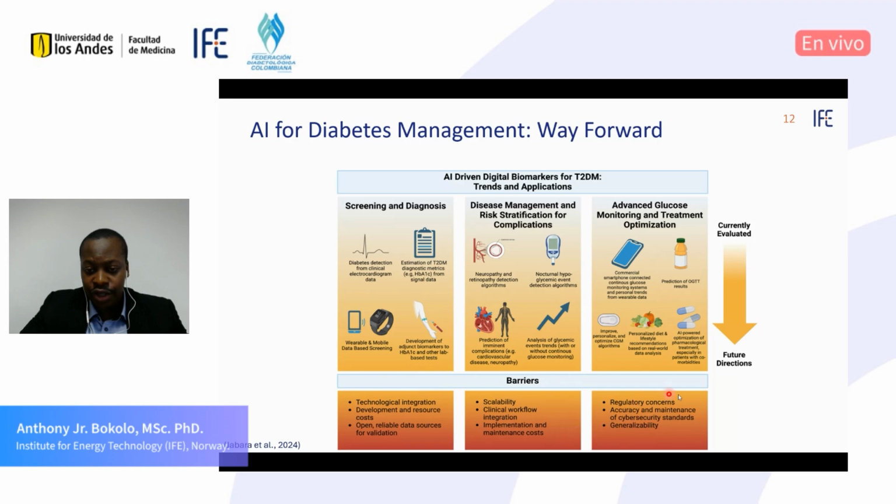And then there are also issues on regulatory concerns as has to do with privacy and data security of the patients, and also how to avoid generalization of data. Most of the AI models use generalized data, which brings about bias. So how do we have less generalized data that is more inclusive and equitable? This is one of the issues that we have to address when implementing or deploying AI for diabetes